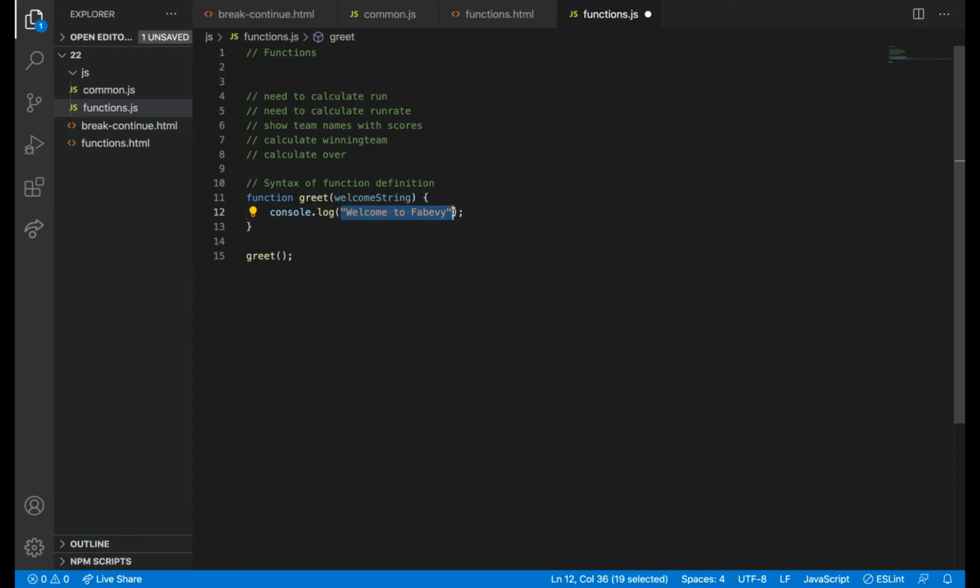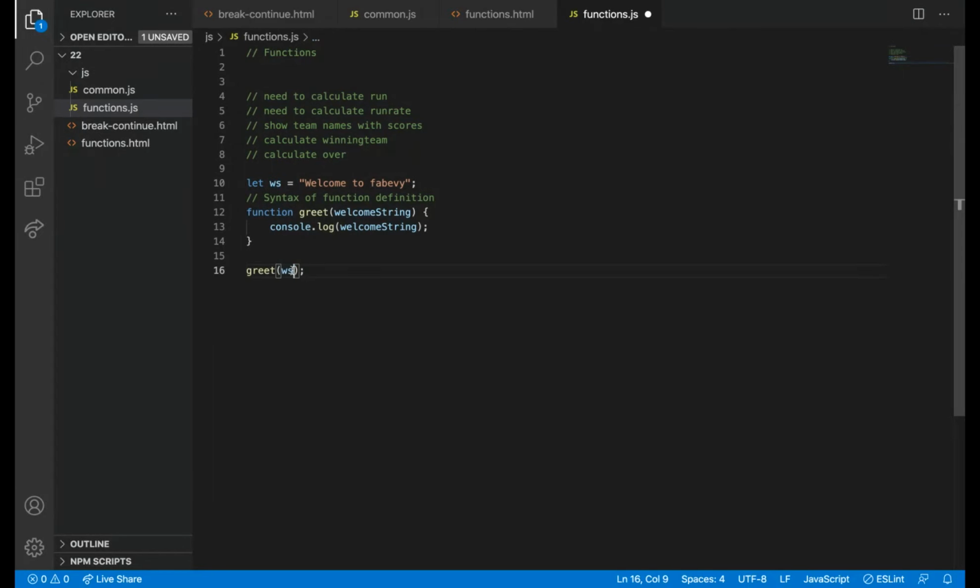Instead of writing it here, I can pass it here. I can add a variable here, ws as a welcome string, and then welcome to February. Now I can pass this as a parameter.